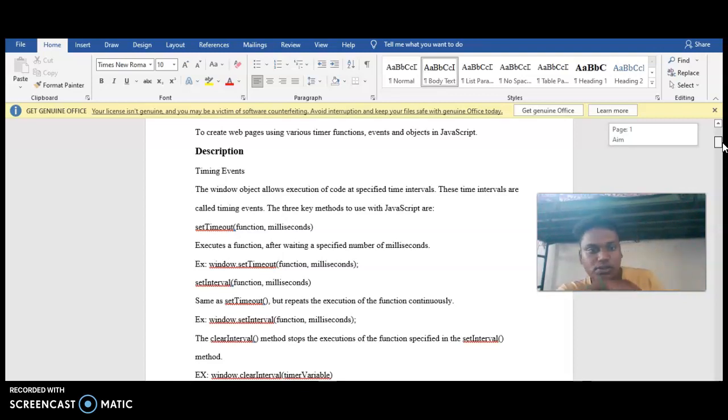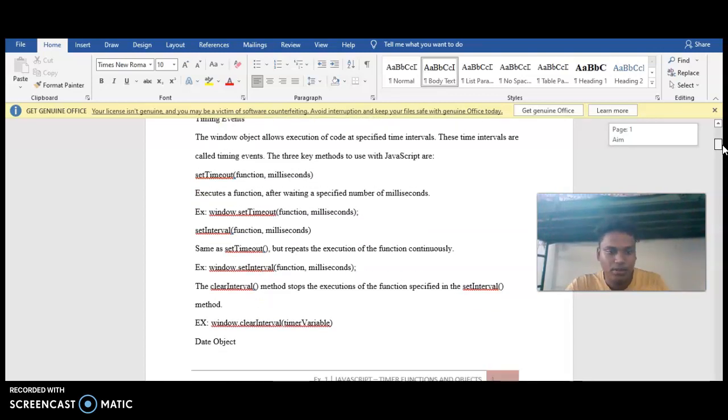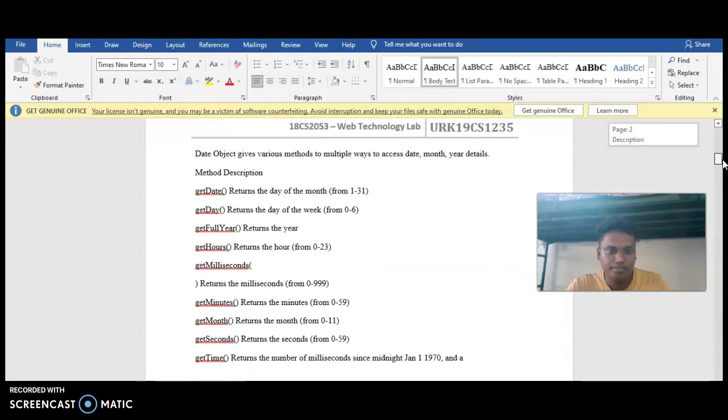These time intervals are called the timing events. The key methods to use with JavaScript are setTimeout, which executes a function after waiting a specified number of milliseconds, and setInterval, which is the same as setTimeout but repeats. And the Date object, and it returns the